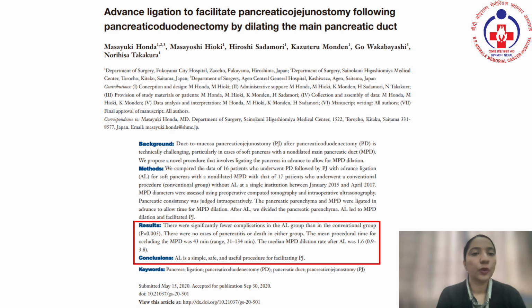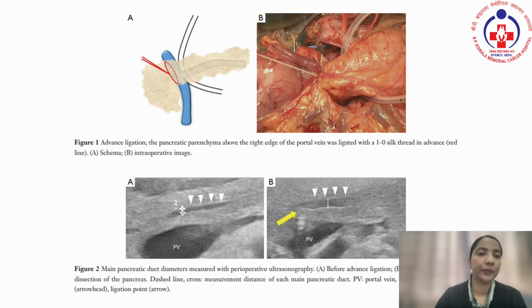Then for the open Whipple surgery, there is another technique. This is also done in China. They have done advance ligation to facilitate the pancreatojejunostomy following the pancreatectomy for dilatation of the main pancreatic duct. What they have done is, before transecting, they take the whole of the pancreas and do the advance ligation of the pancreas with the pancreatic duct in situ,